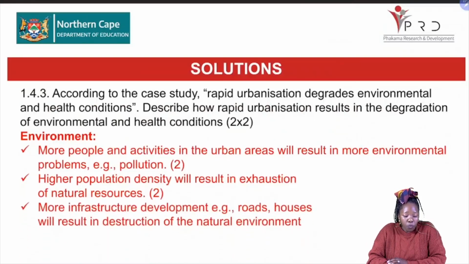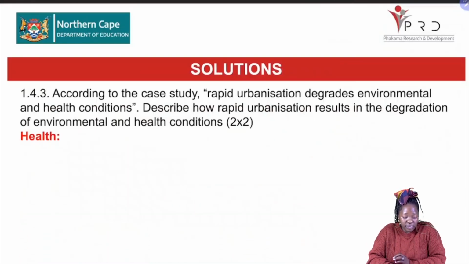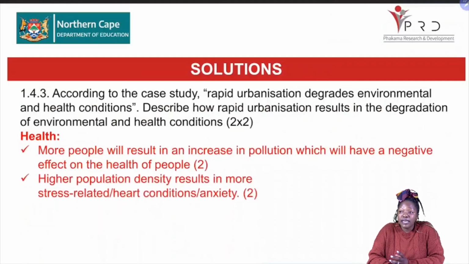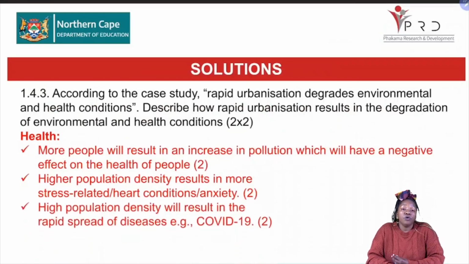Then we're moving to the health side. In terms of the health conditions, as there is pollution, the people's health will be in danger. And we're looking at the high population density that will result in stress-related as well as heart conditions and anxiety because of so many people. And also, with the high population, diseases spread very fast because there is no